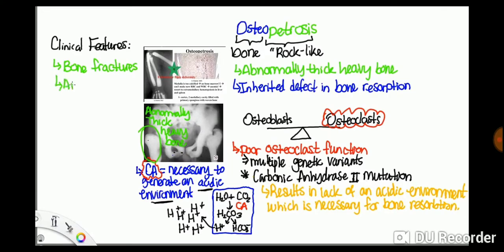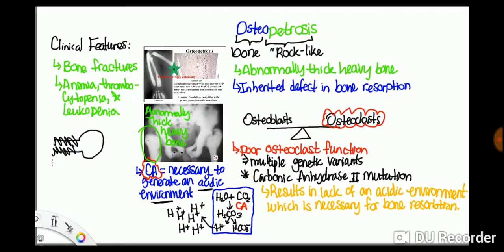Patients can also have anemia, thrombocytopenia, and leukopenia. Now this occurs because the thickening of the bone replaces the medullary space, which is called a myelophthisic process, which knocks out the ability for hematopoiesis. Hematopoiesis means generating blood cells. So if hematopoiesis is knocked out, individuals end up with anemia, low red blood cells, thrombocytopenia, low platelets, and leukopenia,